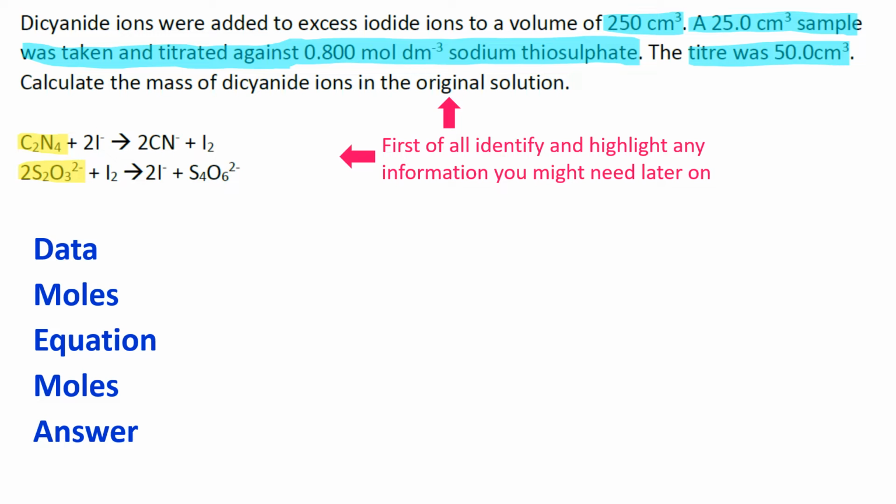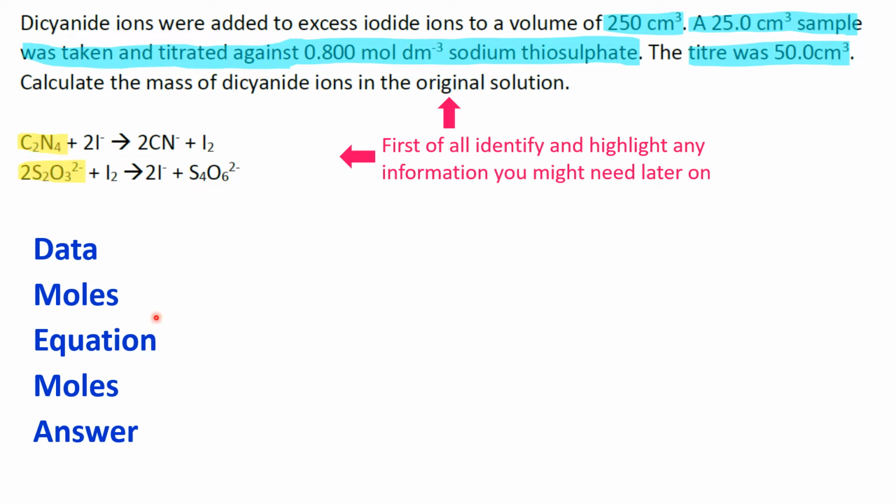highlight them. So the thing about thiosulfate titrations is they are a little trickier than manganate titrations because there's two stages to the equation. So if I put my highlighter on, you can see there's this initial stage and then the thiosulfate comes in the second stage. So you've kind of got to work your way backwards through the equation to work out the relationship between the